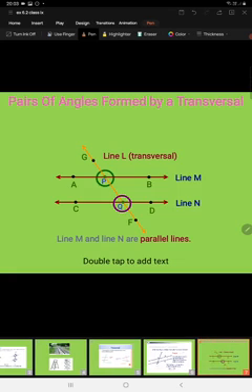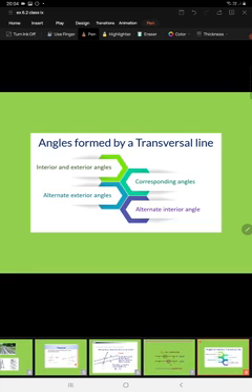In this case we can say AB is parallel to CD because the distance between AB and CD will remain the same. Now when two parallel lines, or two non-parallel lines, are intersected by a transversal at distinct points, at point P there are 4 angles, and at Q also there are again 4 angles formed. We will study these 4 angles in this topic. Here line M and line N are parallel lines, and they are intersected by the transversal line L.